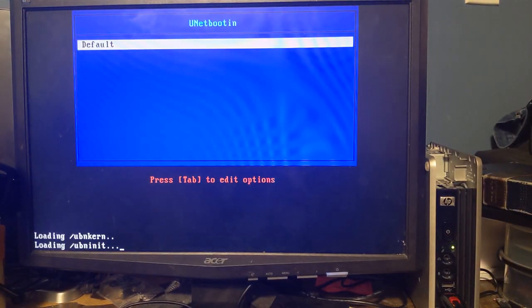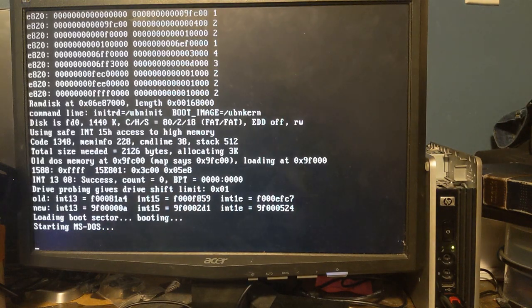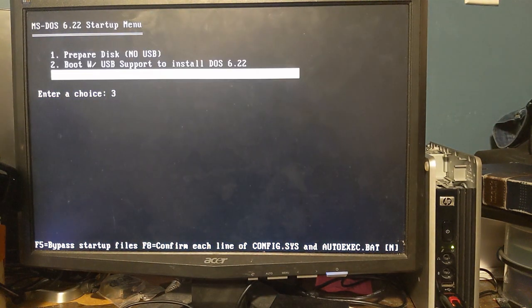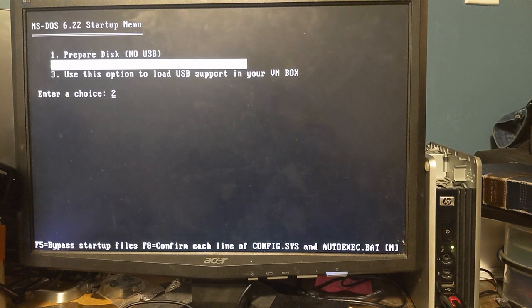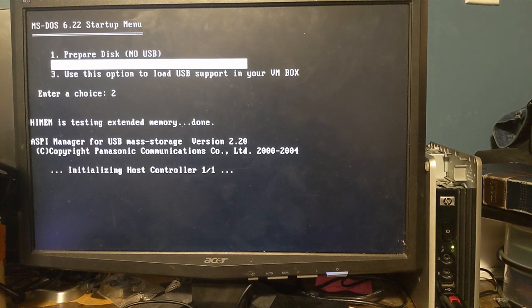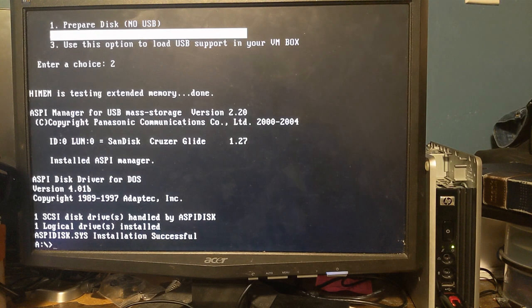So now we're going to reboot again. This time you're picking option 2 from the automation menu in order to mount the USB disk and transfer and install the files. It's going to boot up and it will detect the USB stick. It's detected the USB stick, and then we